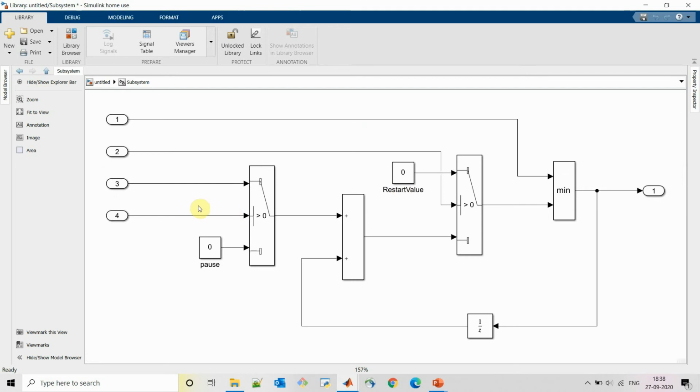And we will consider here it is start. Step, restart, max.